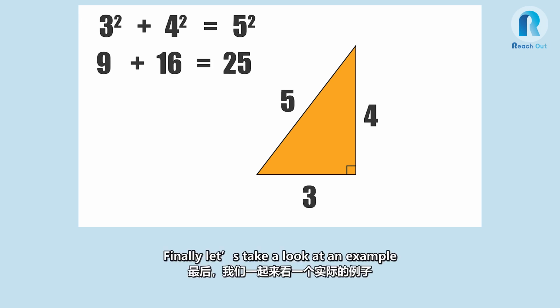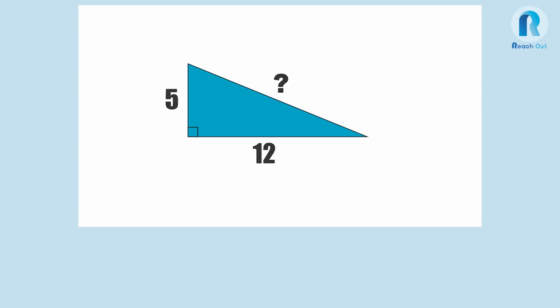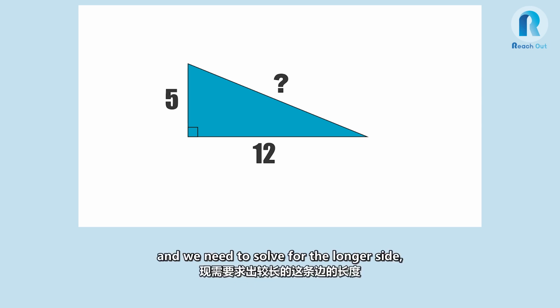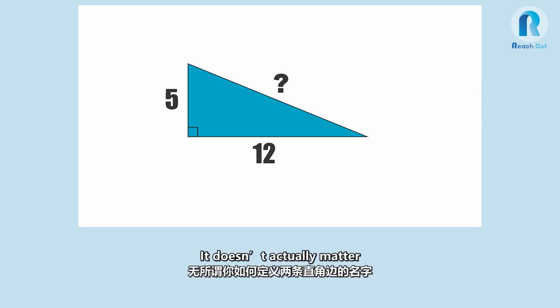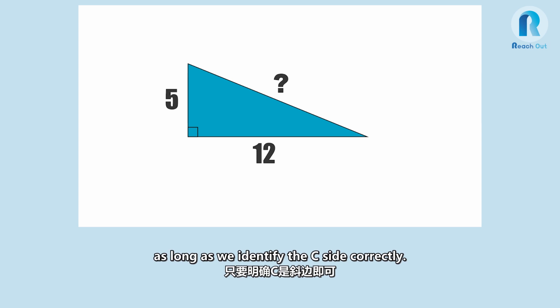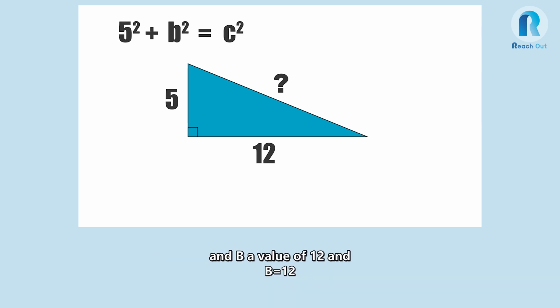And finally, let's take a look at an example in which we are given two sides and need to solve for the third side. In this case, we are given that the A and B sides have a length of 5 and 12, and we need to solve for the longest side, which we also call the hypotenuse. It doesn't actually matter whether we call 5 and 12 A or B, as long as we identify the C side correctly. In this case, we will assign A a value of 5 and B a value of 12, and